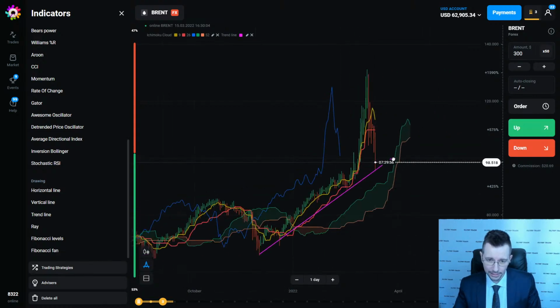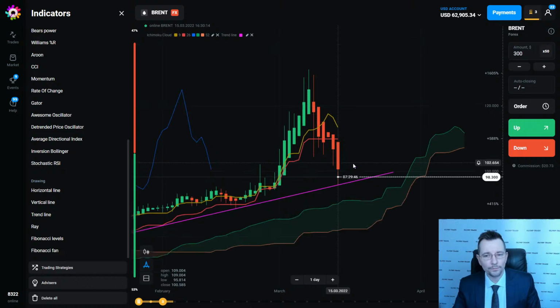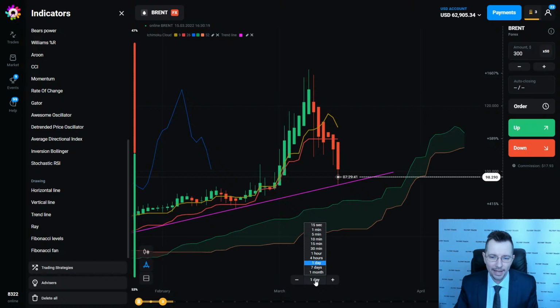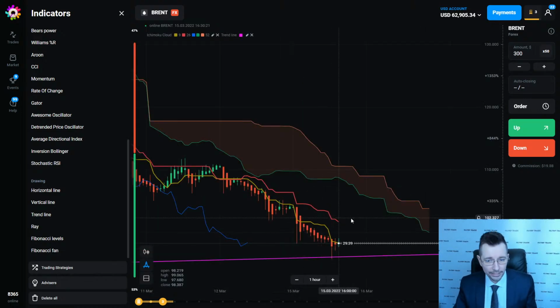If we draw this trend line across the bottoms, you guys can see how almost perfectly this correction fits into the previous channel. So I personally am not a risk taker. I wouldn't buy it right off here. But for Brent crude oil,